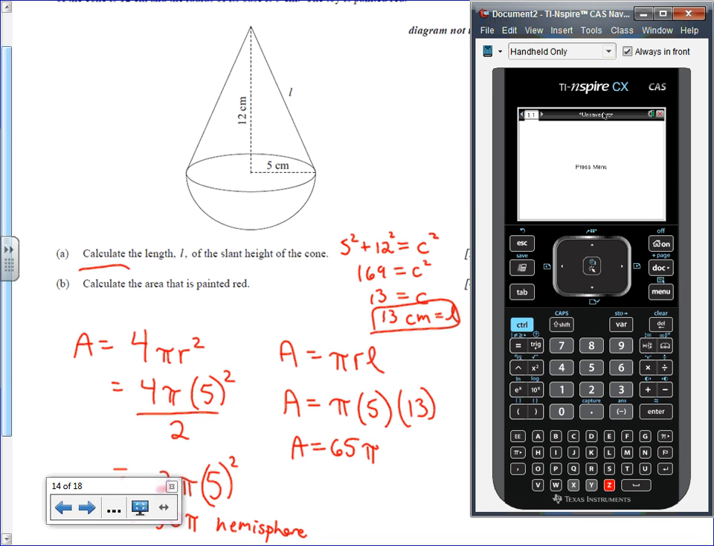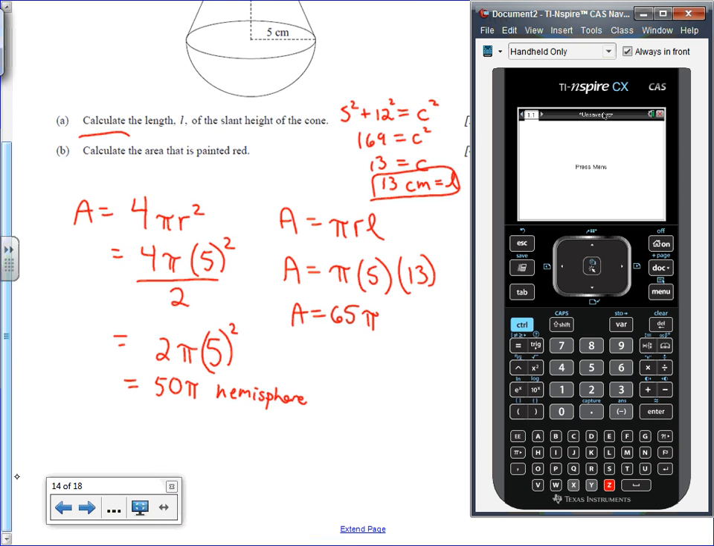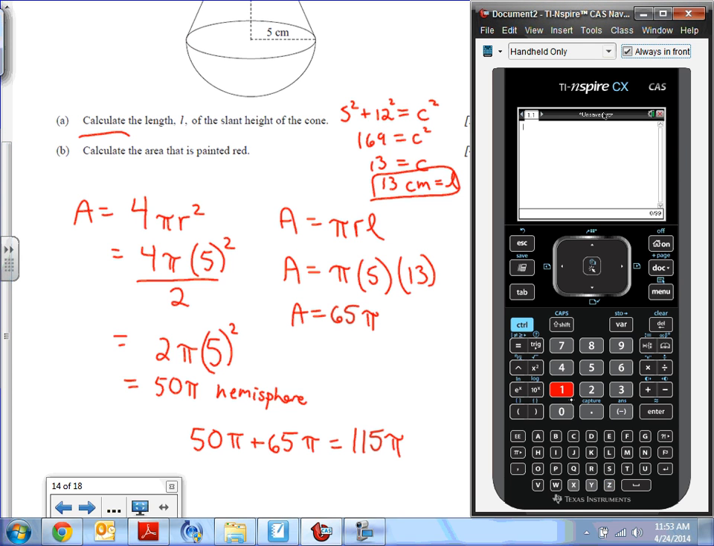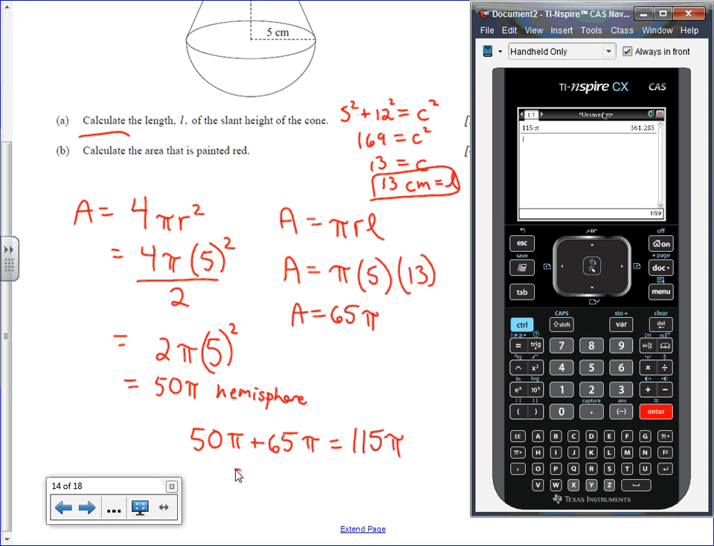So we're going to add these two together. 50 pi plus 65 pi would be 115 pi. And if we're going to give our answer to 3 significant figures, go over here and add a calculator page. We're going to do 115 multiplied by pi, control enter, and it's 361 centimeters squared for the total